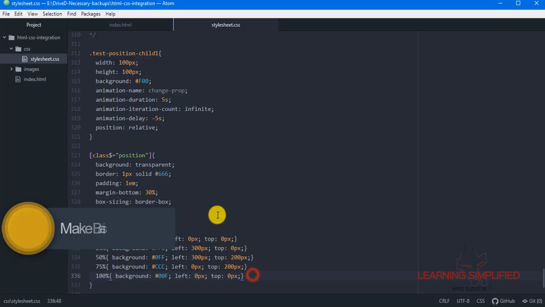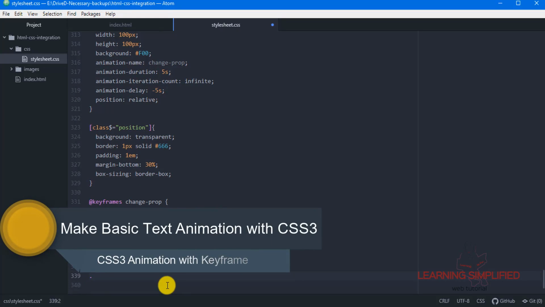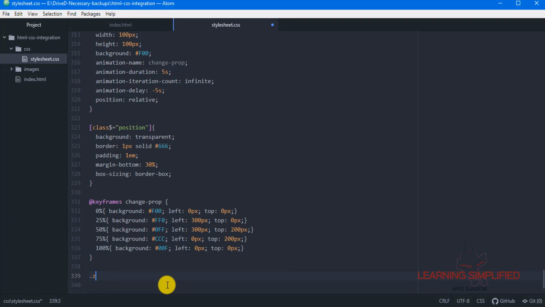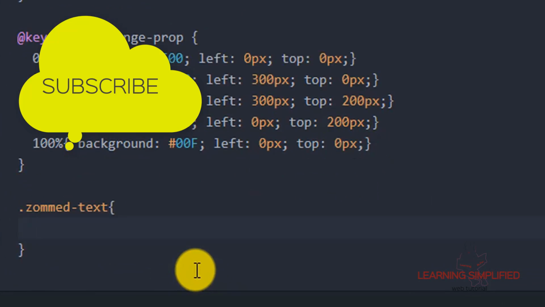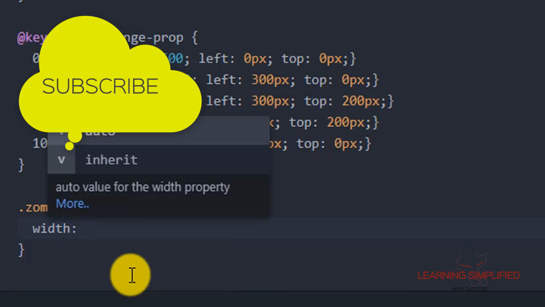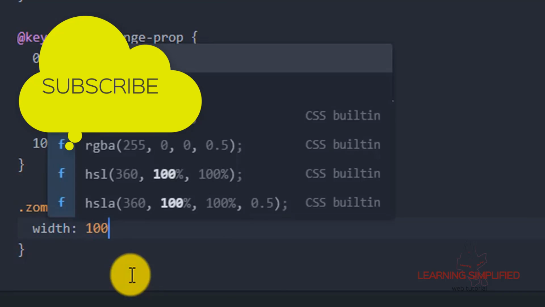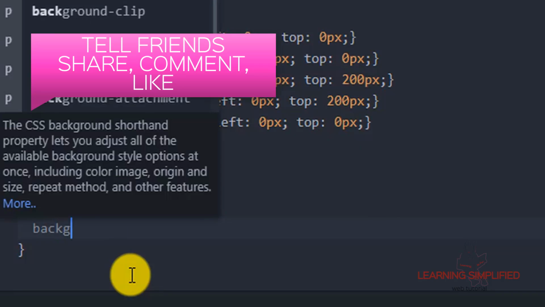Now, in the very first case, we are going to create a definite class name of zoomed text. We are saying that the width is 90%, or you may put 100% width, whatever you wish.